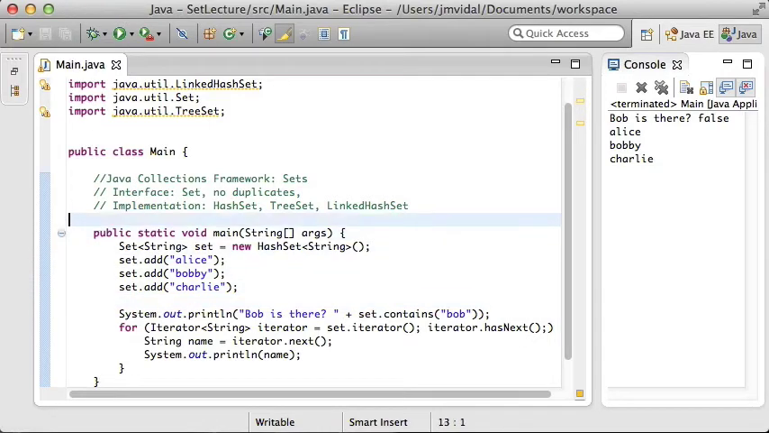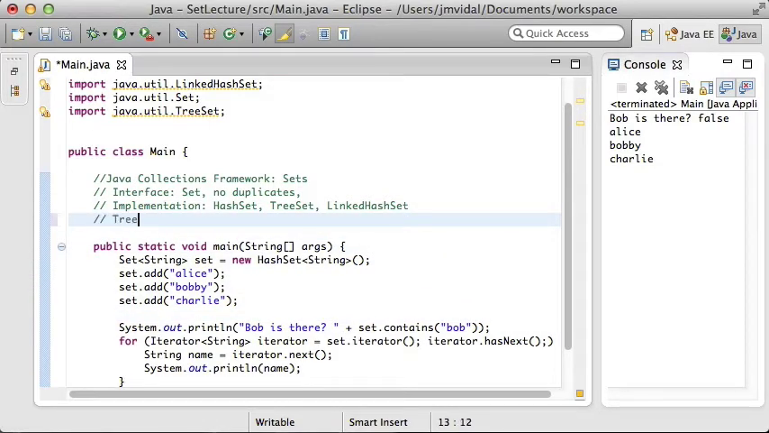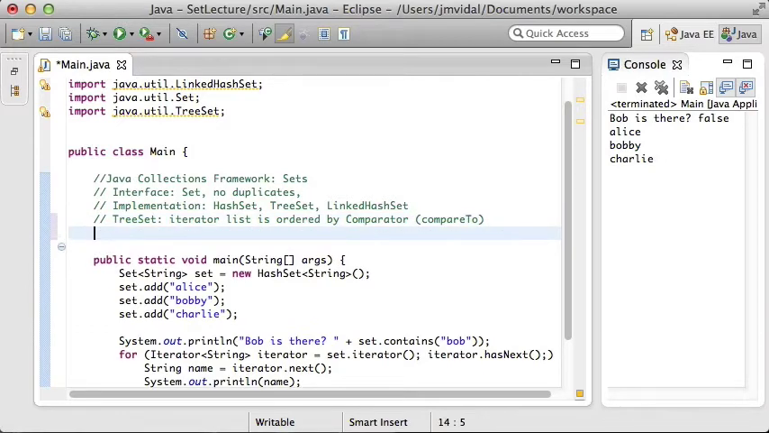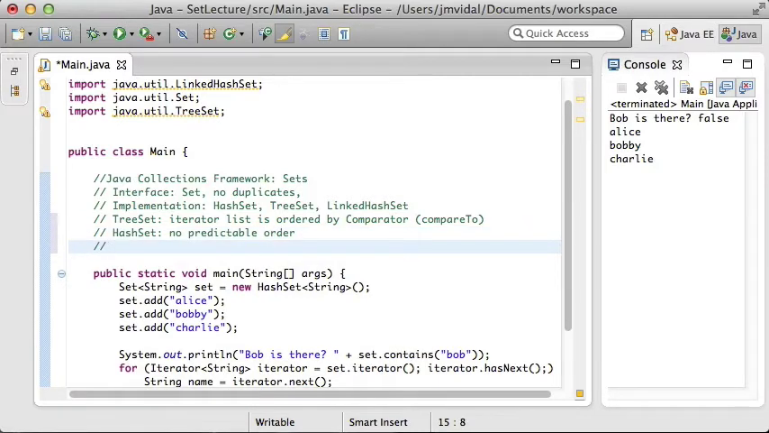While with the TreeSet, they are ordered. So the TreeSet iterator is ordered by the comparator, compareTo. And while the HashSet has no predictable order. And the LinkedHashSet